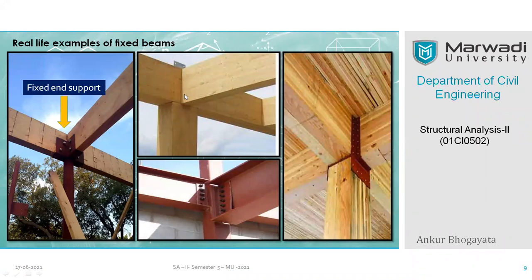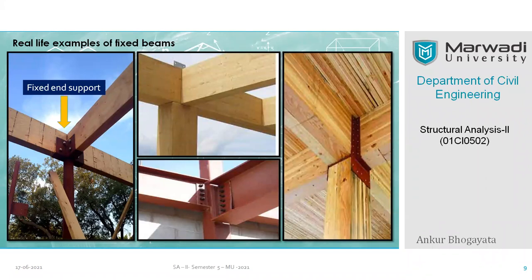Now you may have a question: how may this joint get developed? So there is always the concept of grooving. You can create a groove, right? You can carve a particular portion of the timber structure, and you can insert, encase this beam with some protruded part inside this particular beam. So they are nearly fixed in each other. So we can say that it is an encased beam. Another name or synonym for the fixed beam is encased beam.